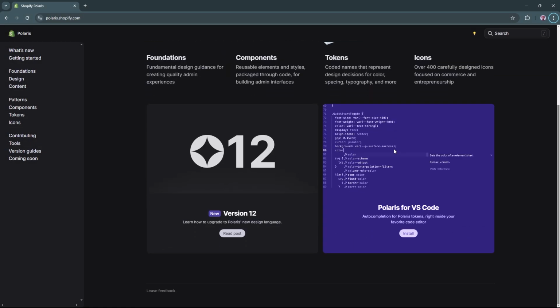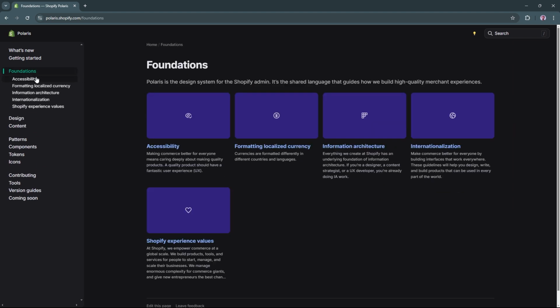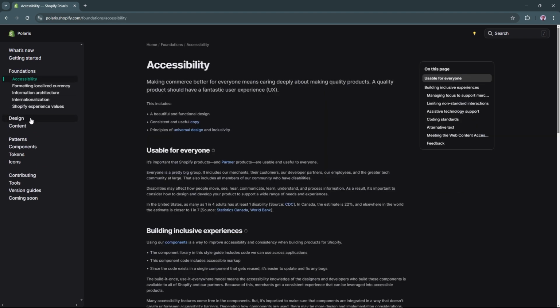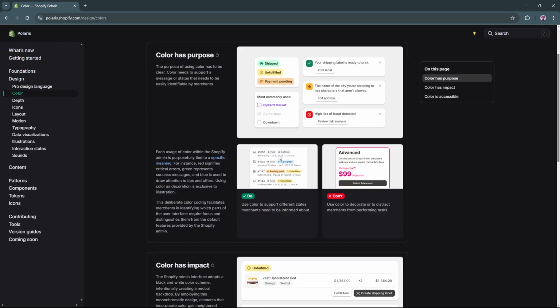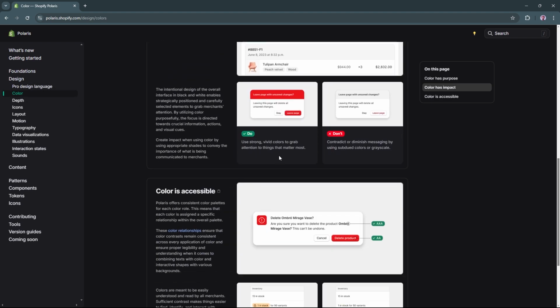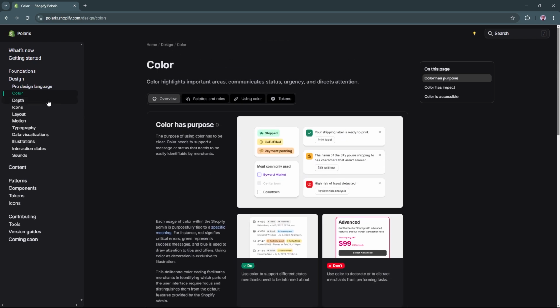Number 4. Polaris by Shopify. The Polaris design system is Shopify's comprehensive style guide, specifically designed to assist designers and developers in creating seamless experiences on the Shopify platform. Polaris includes a variety of essential features that support its mission of enhancing user experience and